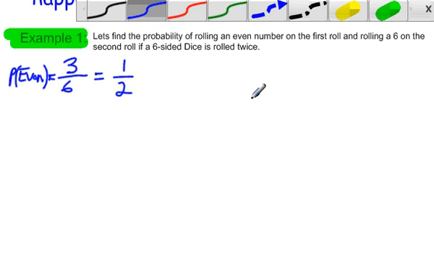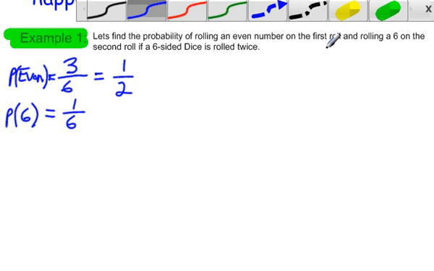Now my second roll is unaffected by the first roll. The fact that I rolled an even on the first one is irrelevant. So now I'm going to find the probability of rolling a 6 on the second roll. So I'm going to go probability of a 6. Alright, well there's only one 6 on a 6-sided dice. So the probability of rolling a